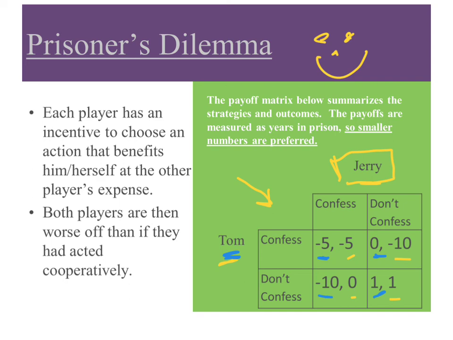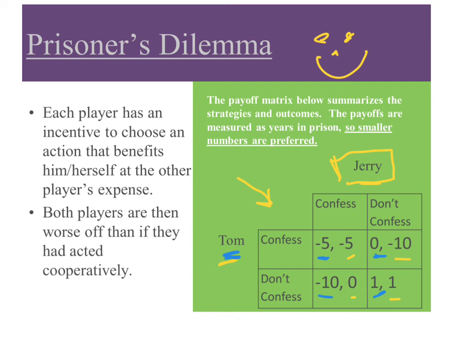If we do the same thing with Jerry, let's clean this up because I am making a mess. I've got to get better at this, guys. If we look at things from Jerry's perspective, we'll just use this bouncing dot. I think it cleans things up a little better. Jerry's going to decide whether to confess or not confess, and remember, Jerry's got the yellow payoffs. If he knows that Tom is going to confess, what should Jerry do? 5 years in prison if he confesses, 10 years if he doesn't. He should confess, and he is going to be here, okay?